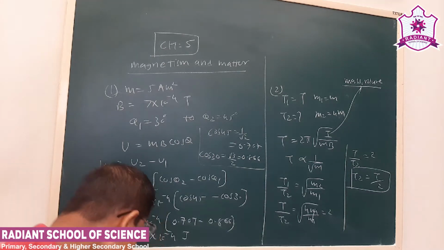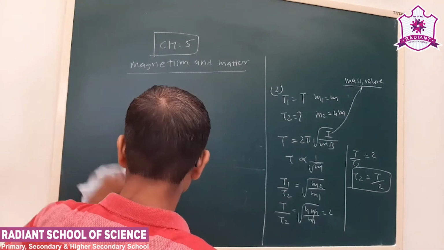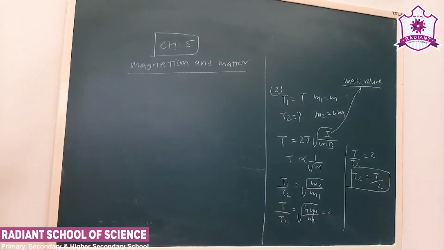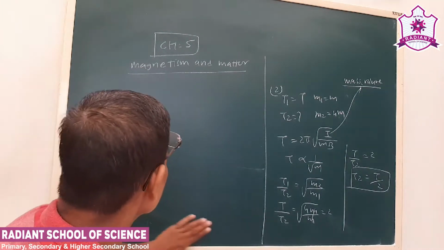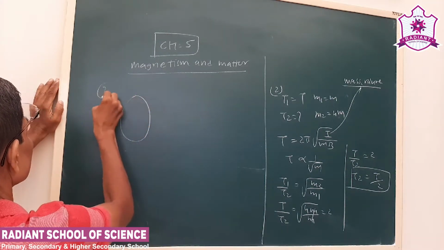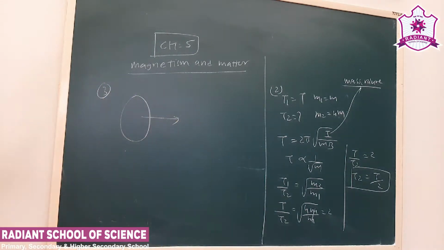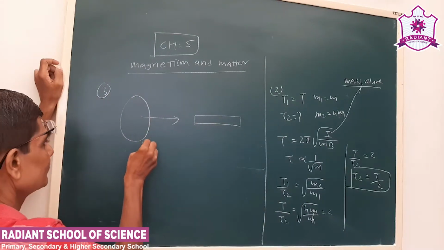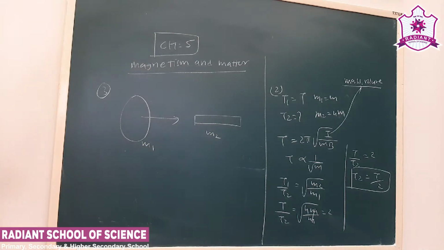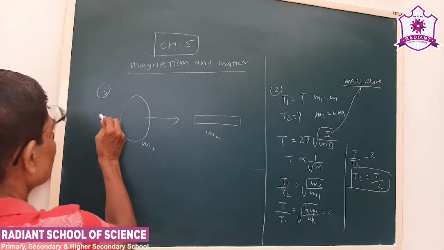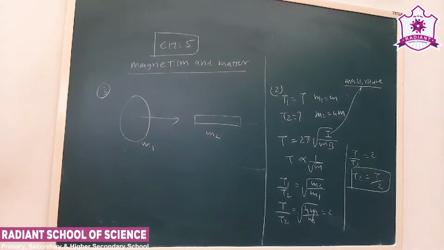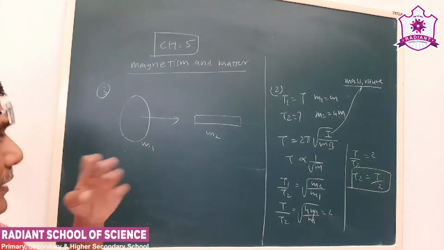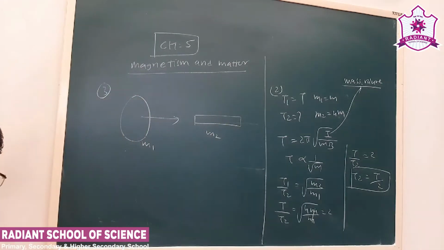Now see the third question. A circular loop carrying current I is replaced by a bar magnet having an equal dipole moment. Both have the equal dipole moment. So where is the point on the loop? There is a point on the loop anywhere. In the theory part, we proved that this will be along the axis of the bar magnet.